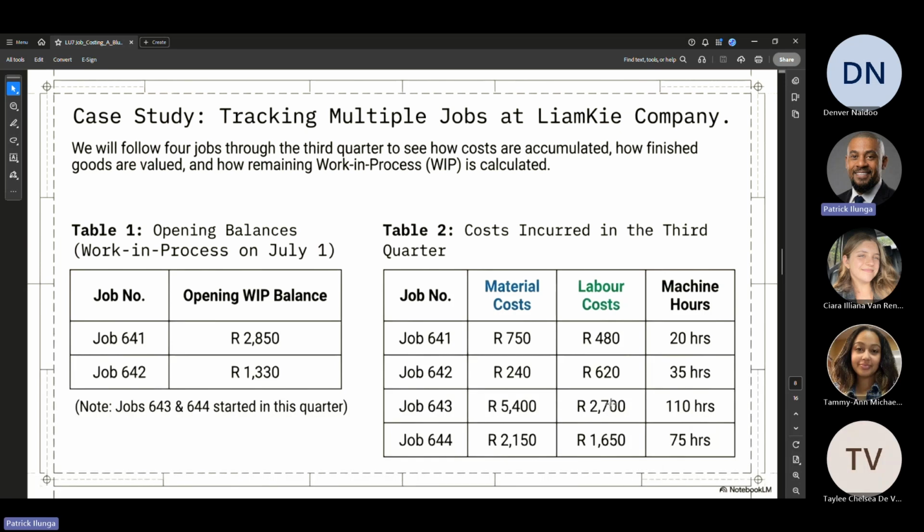So let's look now at a real case study. It is in your textbook. You have everything in your textbook. You know how it goes, right? But it's the idea of tracking multiple jobs. So Liam Key Company